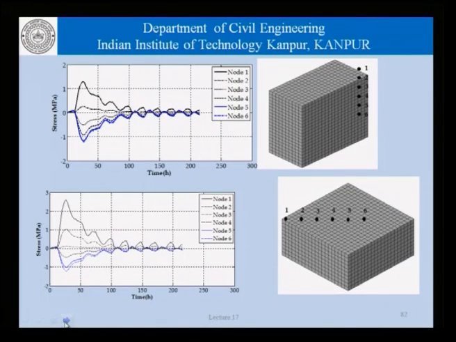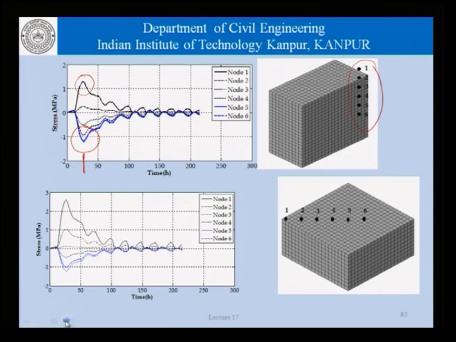So, if we look at the stress variation with time, we find that the stresses are varying at different nodes or different locations in the concrete block as a function of time. And this is exactly the kind of concept that we have to keep in mind when we are trying to understand whether or not the concrete will crack. If a certain stress is developed, then at that point in time the concrete should have sufficient strength to withstand